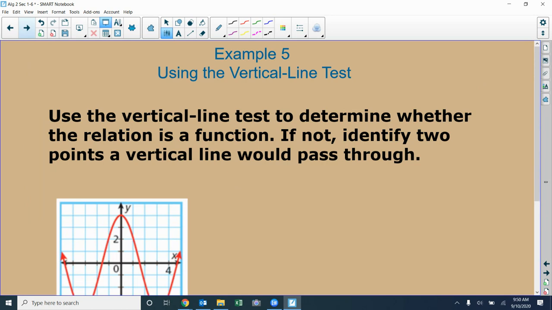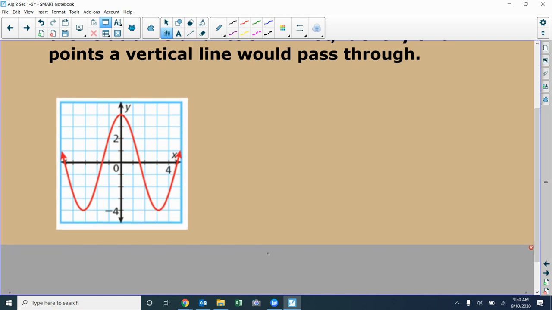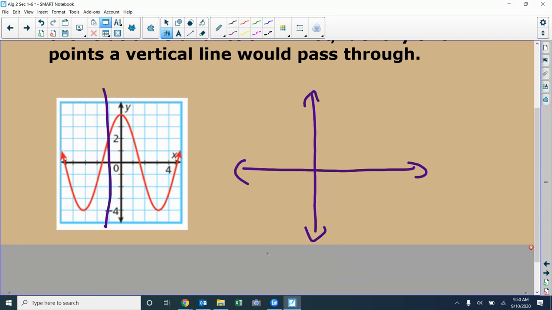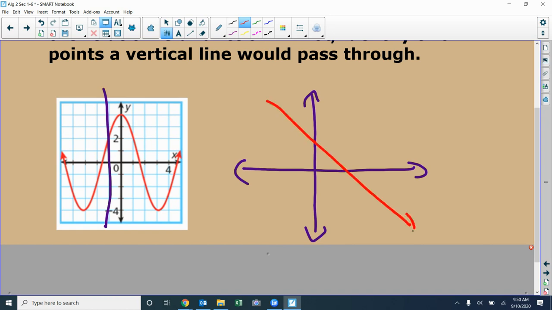How about this one right here? Would it work? Is it a function or not? Yes, it is. Vertical line test. Do you think this is a one-to-one or is it a many-to-one? It is a many-to-one. Let's show you what a one-to-one function looks like. We'll be studying these in chapter 2. You should know them well. It goes like this. What do we call that? It's a straight line or a